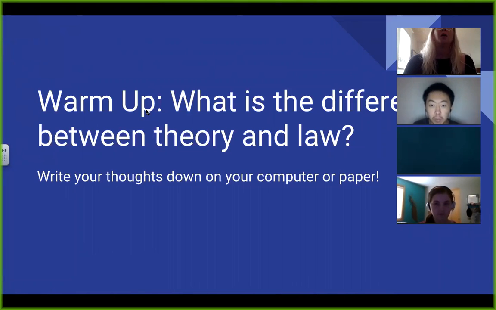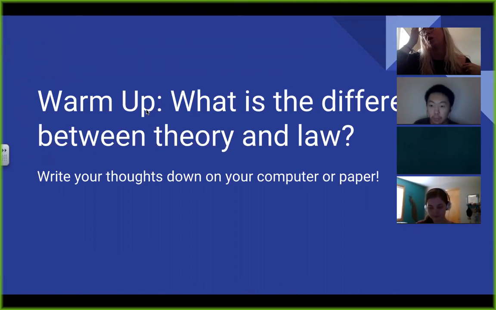Great. Yeah, so law basically means that no matter who tests it, we always get the same answer. For example, the law of gravity. We all pretty much agree that gravity is happening. Theories have a lot of evidence, but there's other competing theories usually. There's multiple ideas about what could happen, and they both kind of explain what could happen.